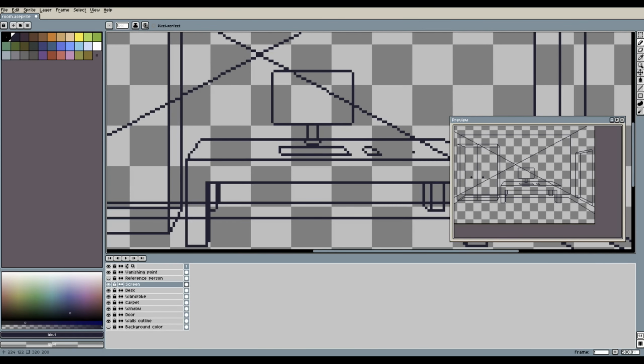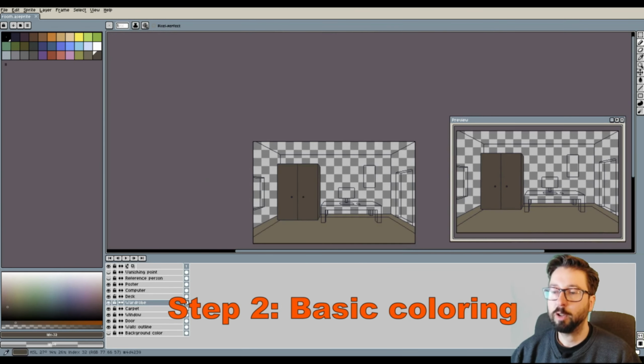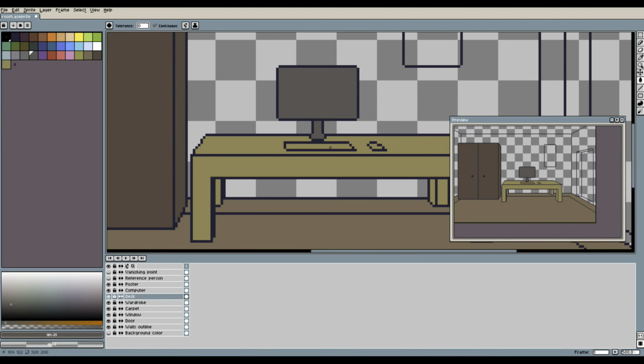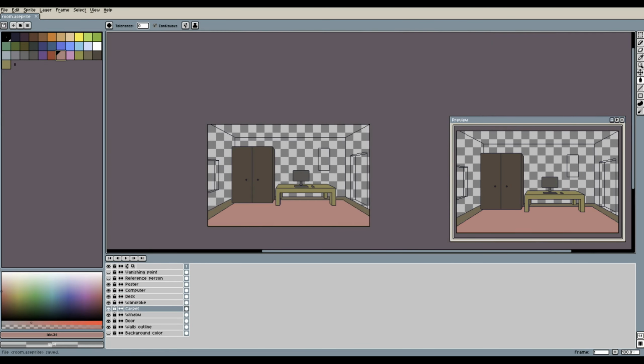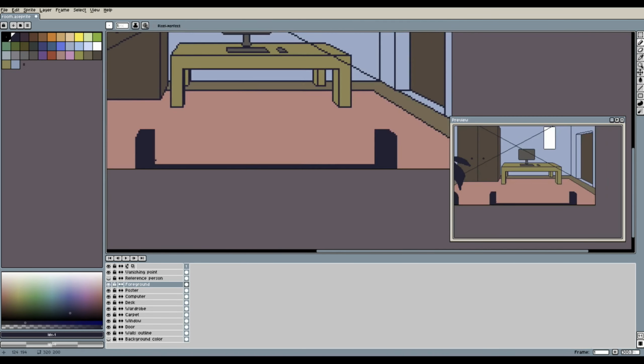Step 2 is basic coloring. This step is good to get an initial feeling for the overall atmosphere and the vibe of the scene. It is not yet the goal here to finalize the colors and to work out the different shapes by using different color values, but just to fill the canvas with colors to help further adding more objects and details later on. With the basic coloring in place, I started to add some foreground objects such as this plant in the corner and the indication of a bed frame being close to the viewer.